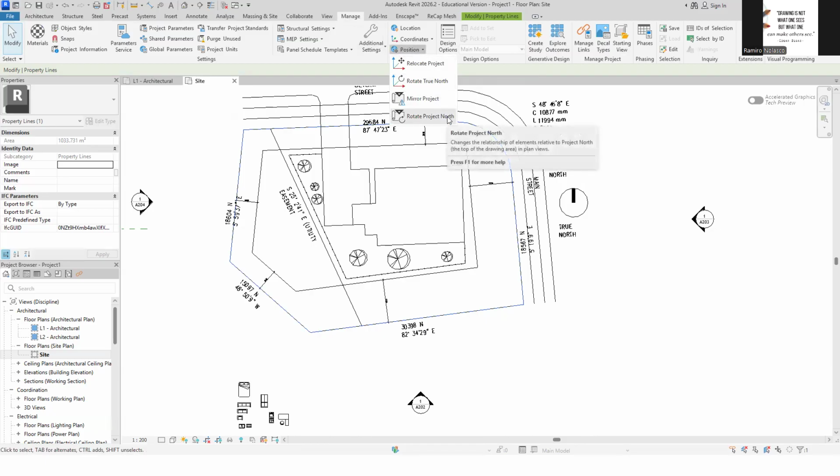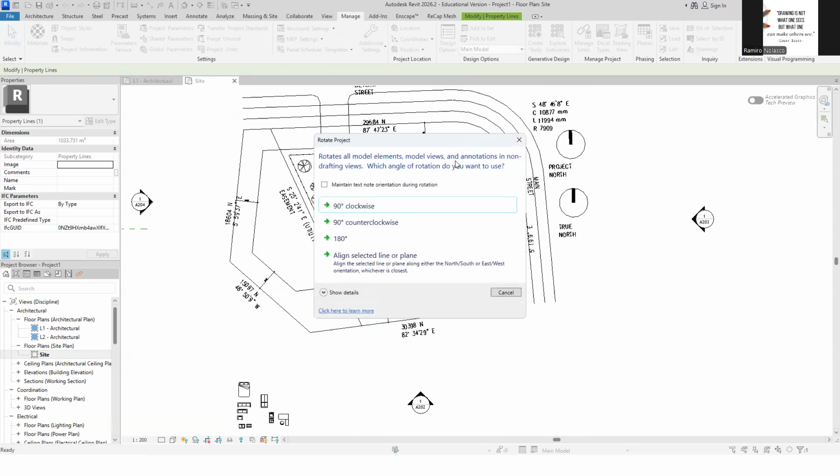And then it says rotate project north. Okay. So we want to rotate project north to our project, aligning it to our building. So we can either simply rotate it or align it to a line that we are going to select.